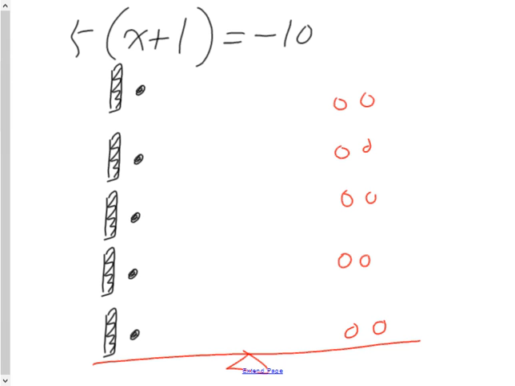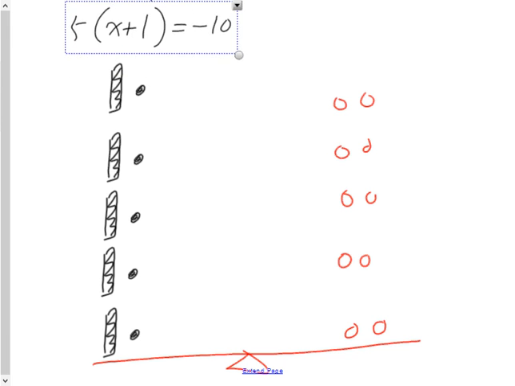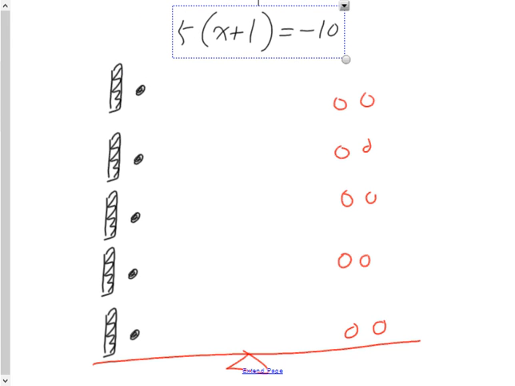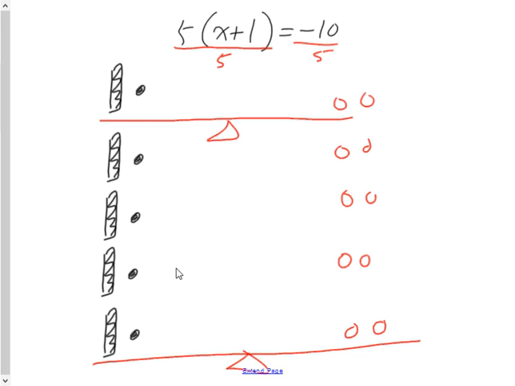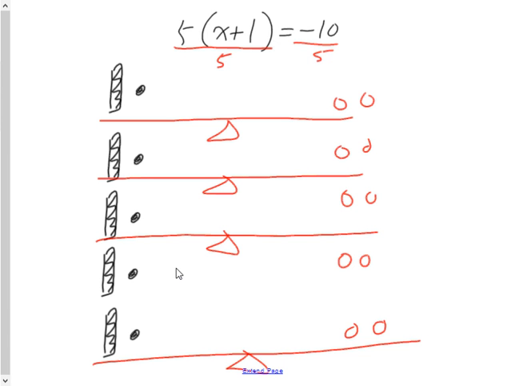But what I'm going to do here is instead of expanding it to say 5x plus 5 equals negative 10, I'm going to divide this side by 5. And algebraically speaking, you've learned by now that whatever you do to one side of an equation, if you do the same thing to the other, you keep it equal. And if I look at the picture, dividing each side by 5